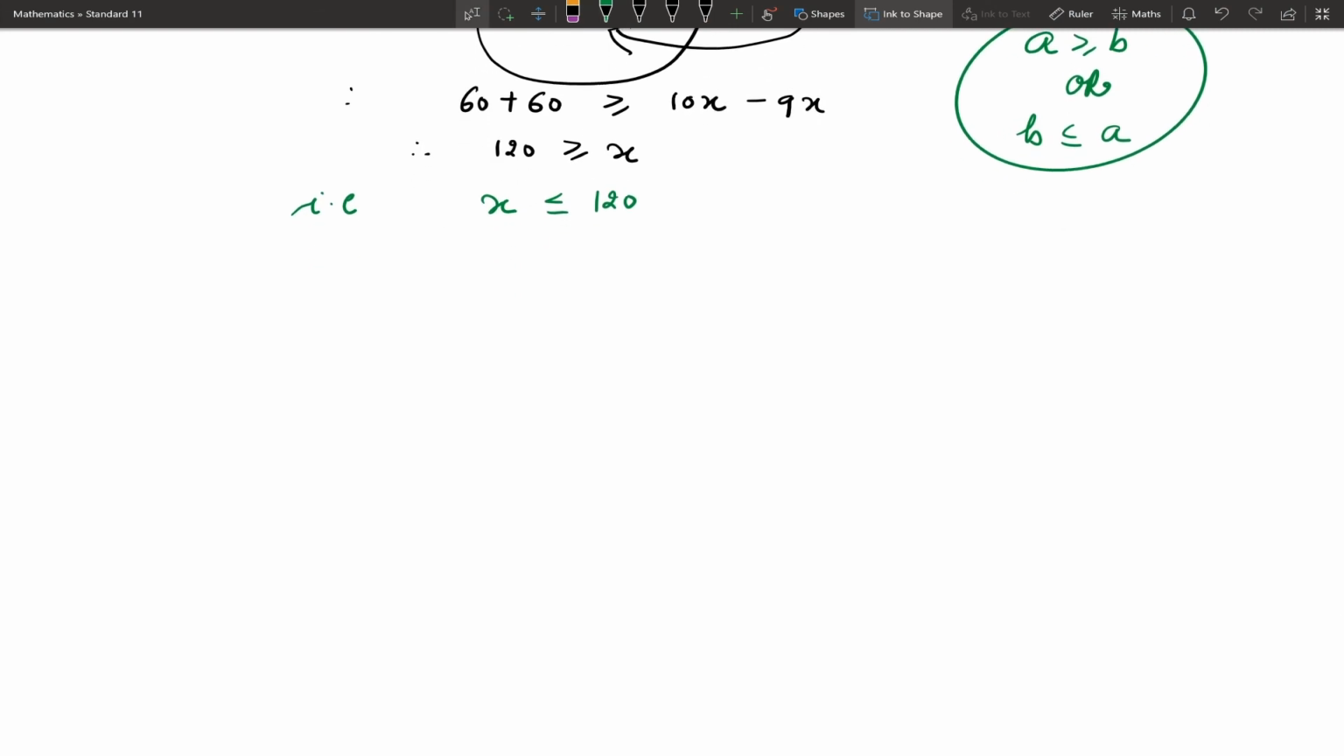therefore solution set is minus infinity to, you can note that the inequality is a slack inequality, so there will be a close interval 120, close interval 120. So open minus infinity to close interval 120. This is the solution set. Next one,